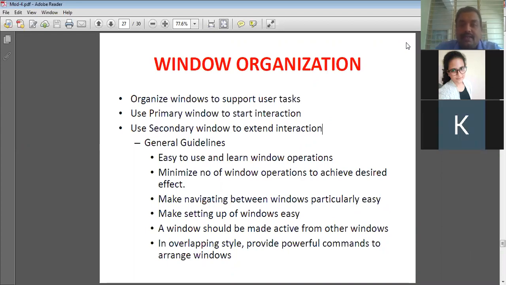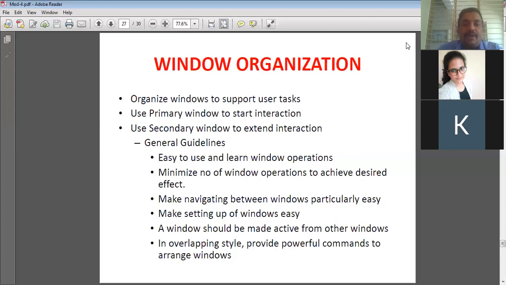So now today we'll start with Windows organization. So what is all about Windows organization? Organization means how we organize a window to support user tasks. For example, we have one window. Where the component box should be, where the menu should be, where the components and different items of the window should be specified. We can't put the window title at the bottom, and we can't put menus in the left corner or right corner like that. Okay, there should be some organization for every window. That is today's agenda.